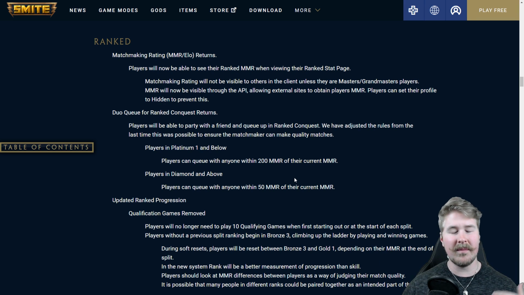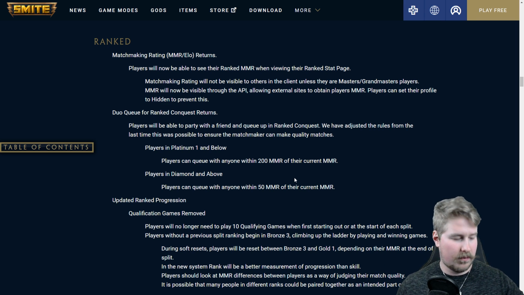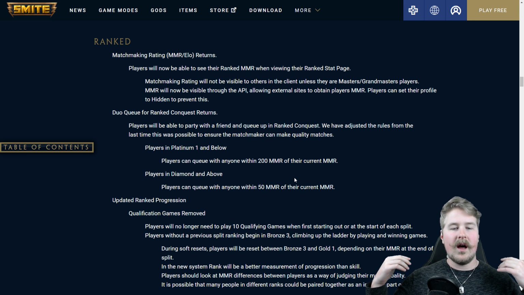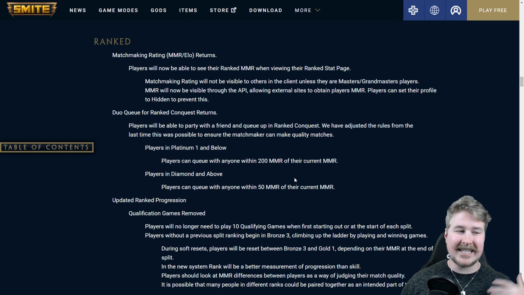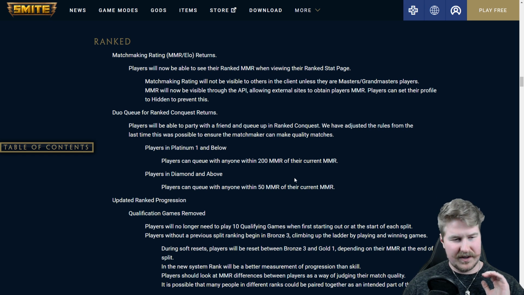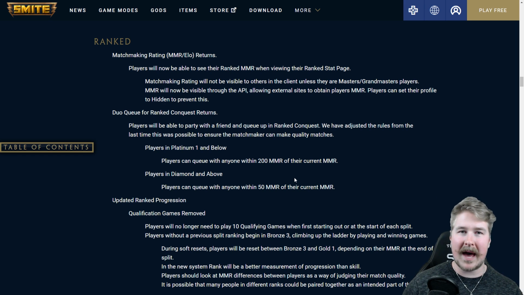But the problem with Duo Q at the top end levels is there's not that many people that play ranked Conquest. Just straight up, it's not a popular game mode. Almost every other game mode is more popular than ranked Conquest. That means that when you're queuing, especially at an off time, even during prime time, but especially during off times, it means that if you're queuing as, let's say, a Masters player, okay,